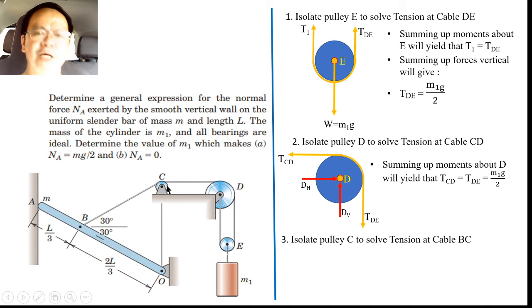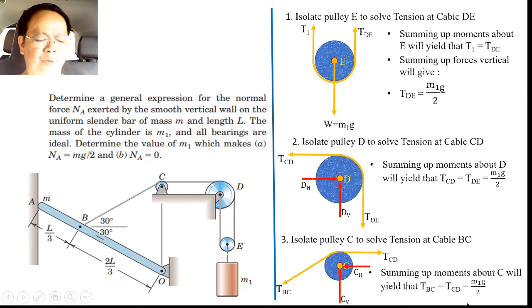If this pulley C is isolated, we shall get the tension at the cable BC. Here is our pulley C. If we define the force acting at the pin that is removed at the center of the pulley, which is at C, we shall have here C vertical component and the horizontal component of the pin reaction at C. Now we have removed the cable, and therefore we will show the cable. The cable shall be subjected to tensions such that you should have here T of CD, and the other one is T of BC. And again, we will take moment